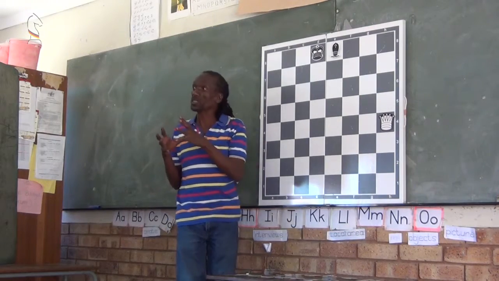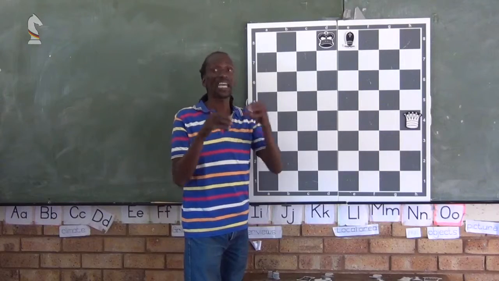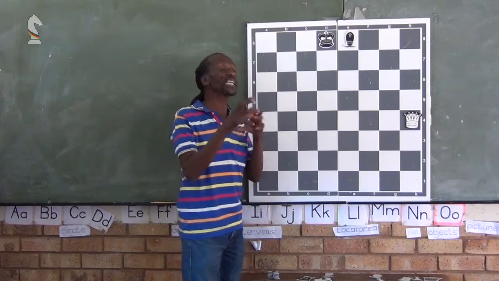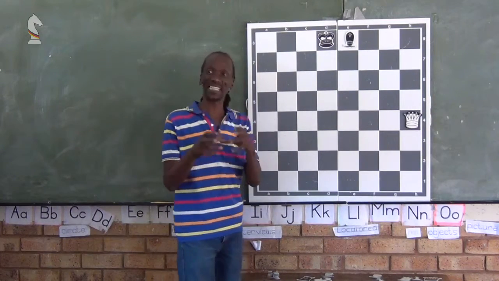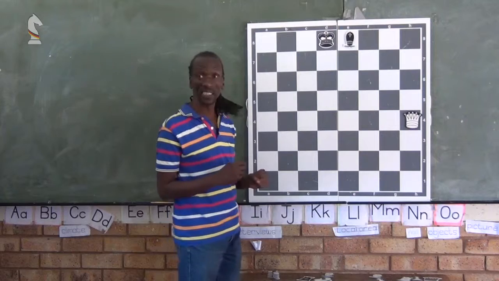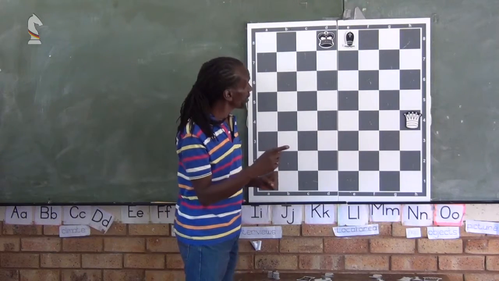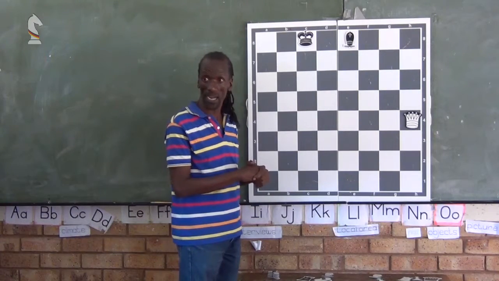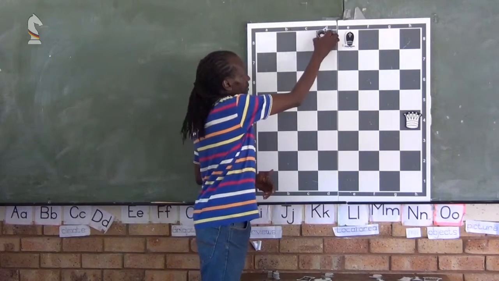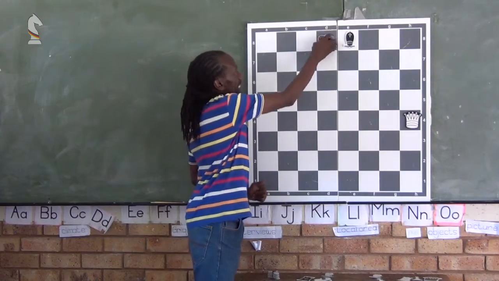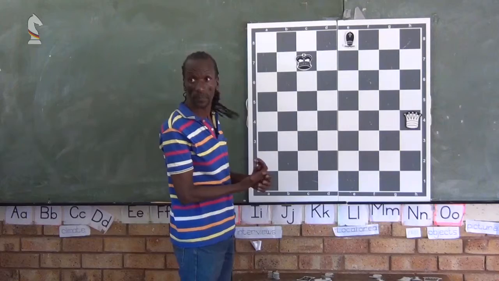That's a check. But we also must talk about how the king can actually maneuver itself from the trouble it's facing. How the king can avoid the check or protect itself from the check. Now, there are two possibilities. The king can either run away to this block, then he is out of the way, or the king has a possibility of coming here to avoid the check,